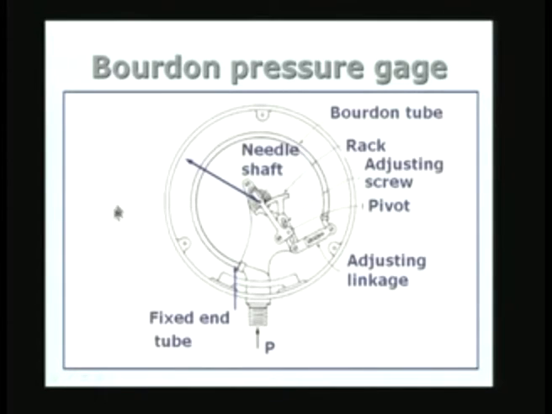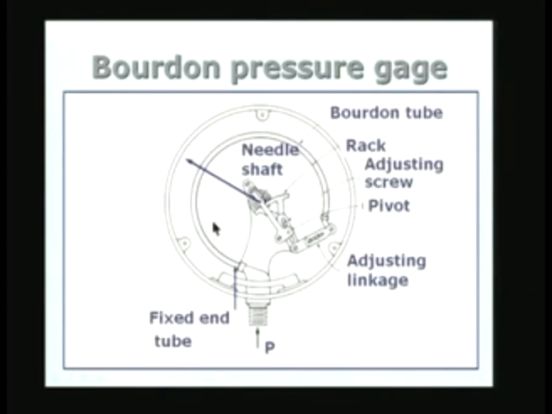So, the difference in the pressure is what is going to be measured, and the mechanism of working has already been explained. With this background, let us look at, for example, the calibration of a pressure gauge of the type which is indicated here. So, what is calibration? In this case, the pointer is going to occupy an angular position, and each angular position corresponds to a certain pressure difference between the inside and the outside. I would like to make a scale on the circumference of this circle, indicating the position of the pointer, and corresponding to each position of the pointer, a pressure reading must be indicated. That is what we call a calibration exercise.